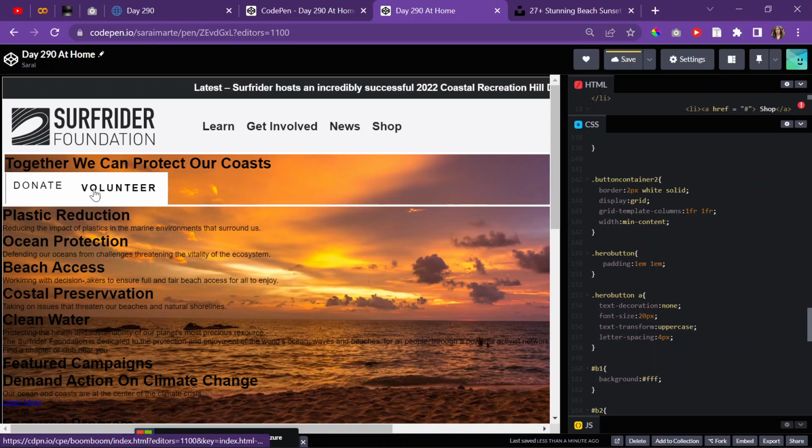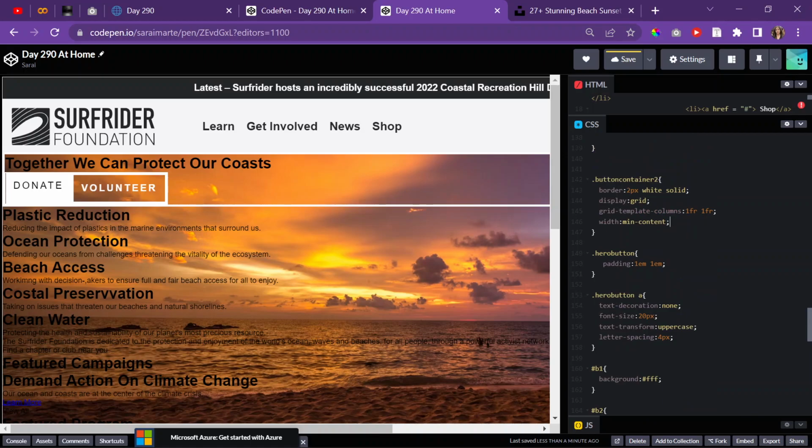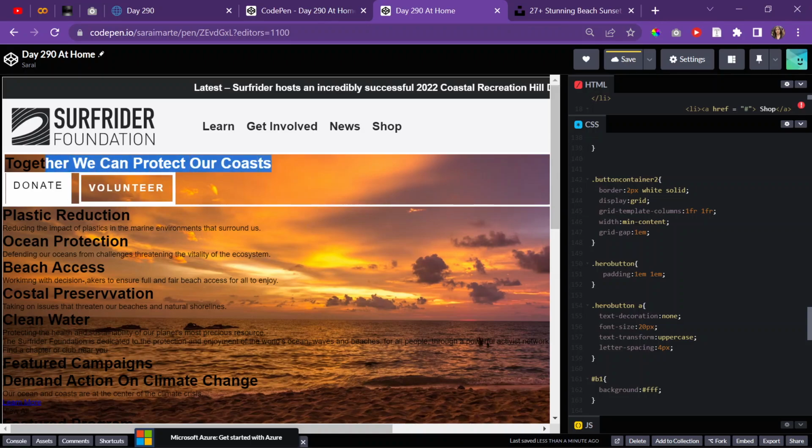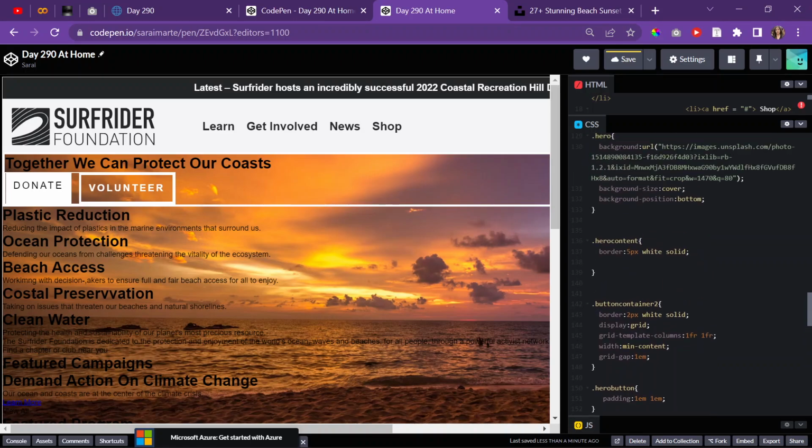And then I do need, though, that they each have a grid gap of 1 em. Yeah, perfect. And then I need it so that the H1 for the hero content,